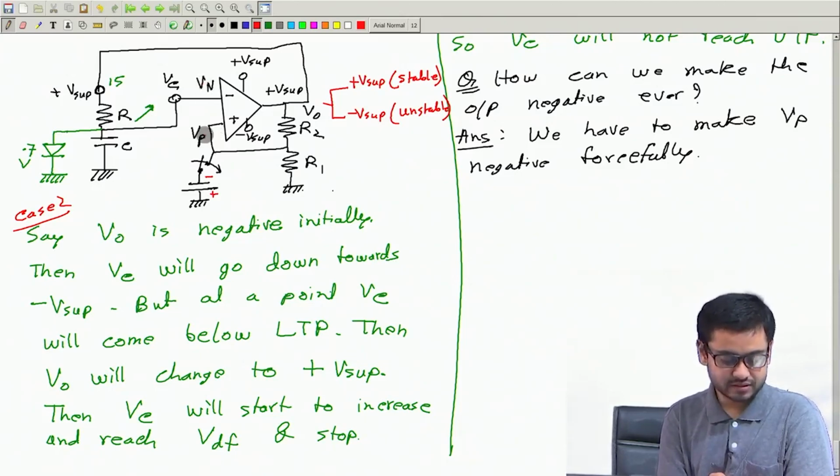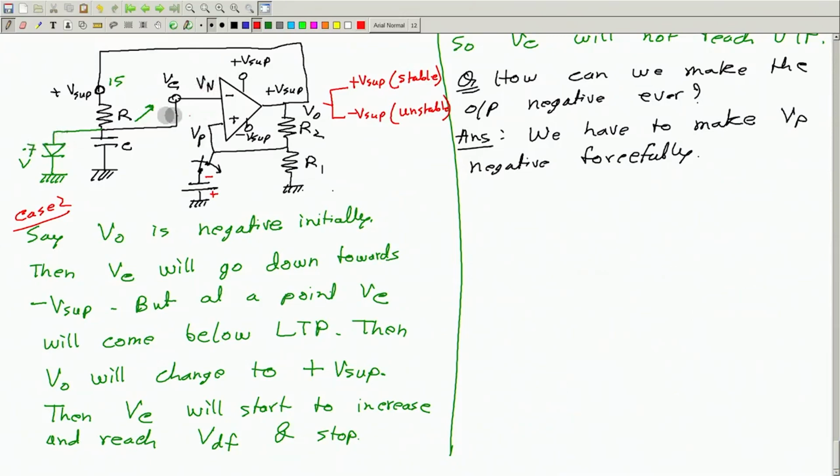Okay. And say if Vn is 0.7 volt at some moment, and if you make this sufficiently negative, then Vp will be lower than Vn. So, if this is lower, output will be negative. So, in this way forcefully we can make the output negative. Okay. So yeah, we have to make Vp negative forcefully, then Vo will be negative,